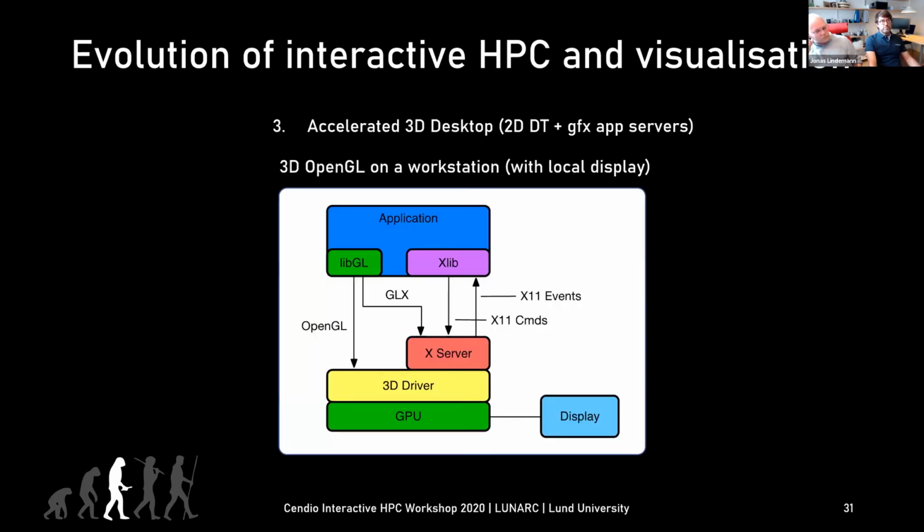And I assume this is also well known to everyone, but we use VirtualGL for doing the rendering. So normally when you do 3D graphics on a workstation with OpenGL, the OpenGL lib talks to the X server and the graphics card, and it renders locally to the local X server, and the X server can also be distributed across the network, and that X server is on the client side. Then you send OpenGL commands through the network to the X server. But this image shows a local setup.